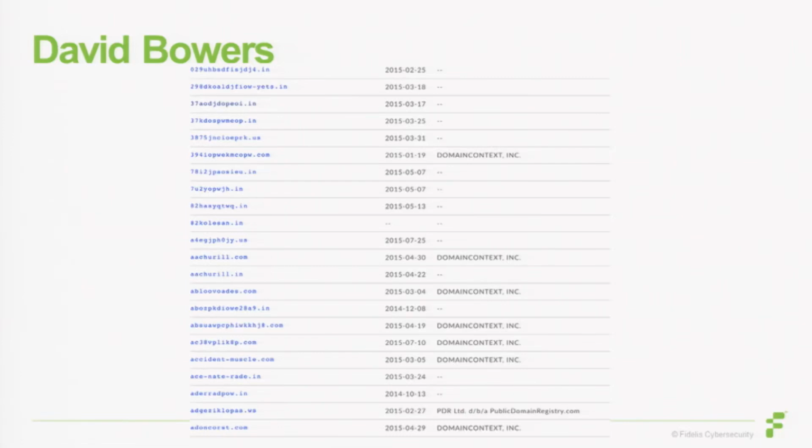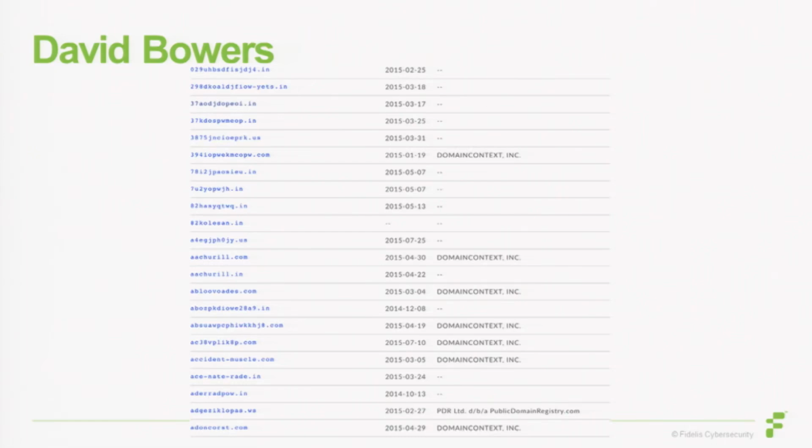And you see a variety of different things in here. Some are very clearly DGA oriented. Up to the top, we see these kind of random sequences of characters. The fourth from the bottom says ace-nate-raid, which is a word list based DGA. The one above that says accident-muscle, right? So word list random generation stuff, but it gives you a lot of information, right, that allows you to correlate things